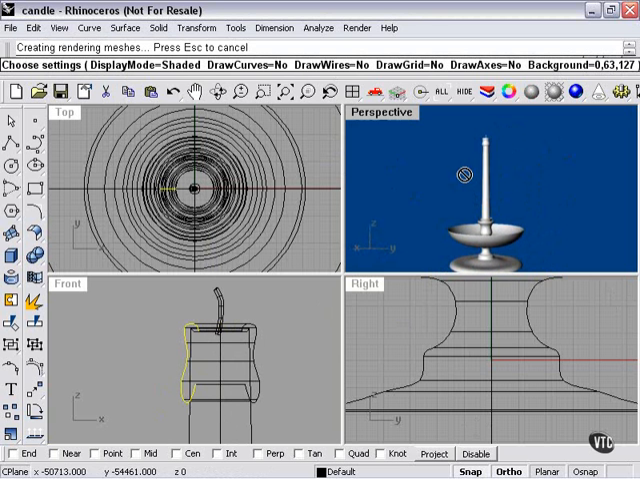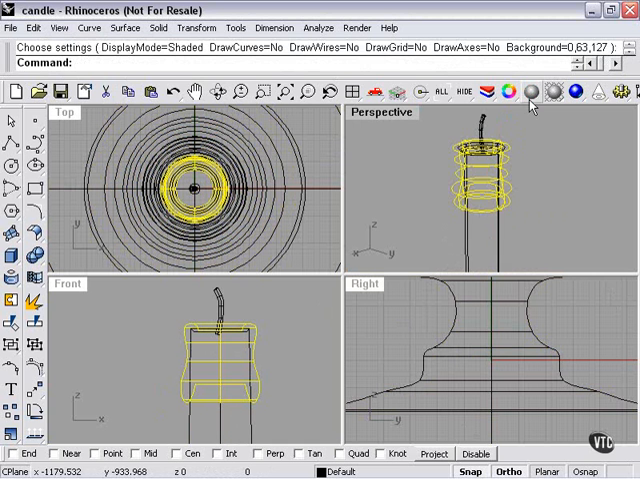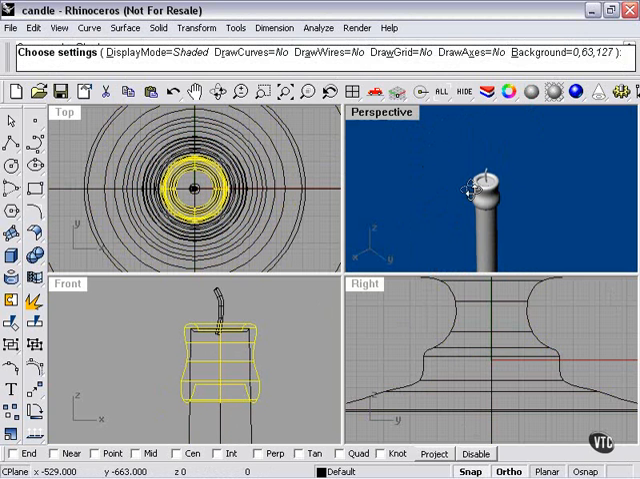So we've got a basic candle shape here. We've got our candle holder, our candle, our part at the top, which could be our wax, or it could be like one of those gold candle covers, our wick,